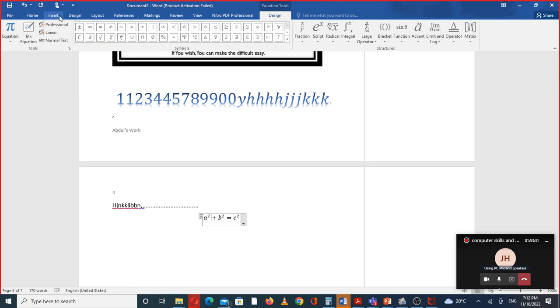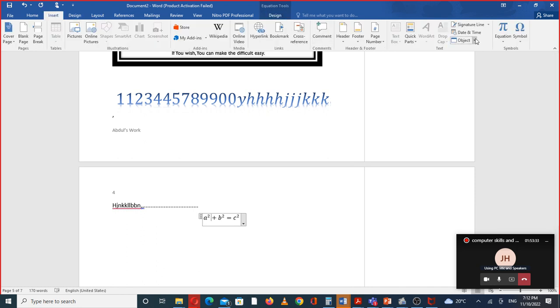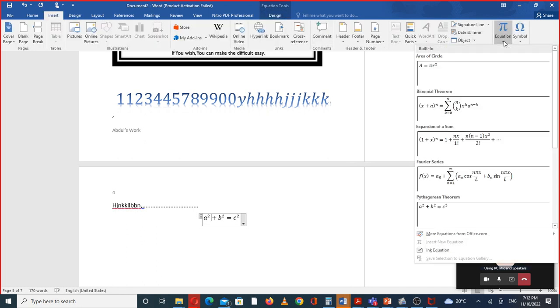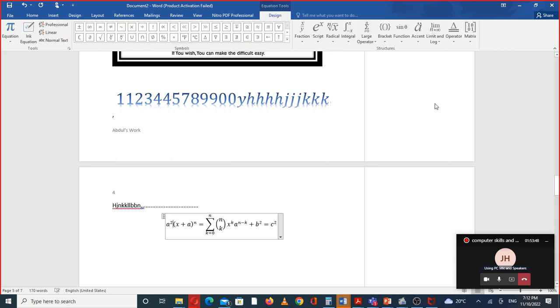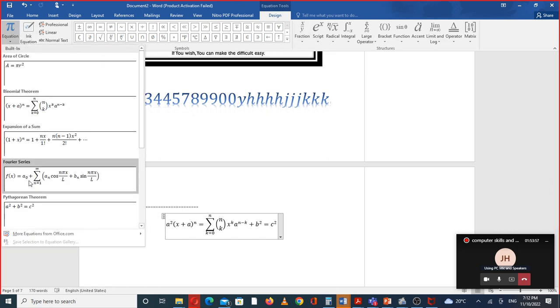But you can change. You can add another one. You can insert another one by typing the equation when you are using mathematics. You can type here as well, there is the option of typing. These are the built-in equations. You can add them automatically, but if you want to put yours, you can also